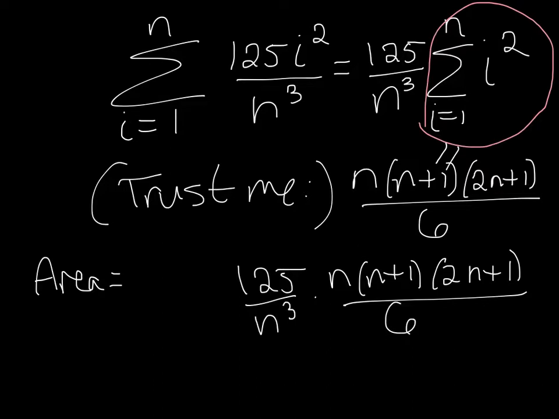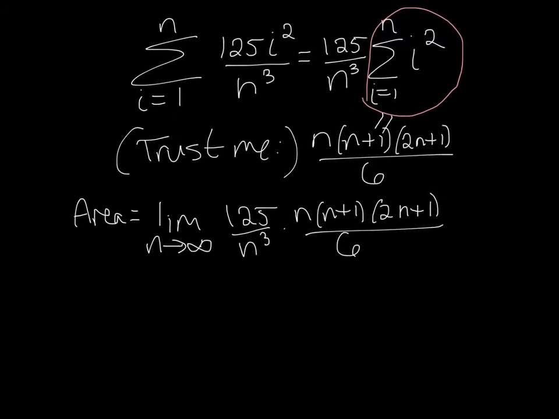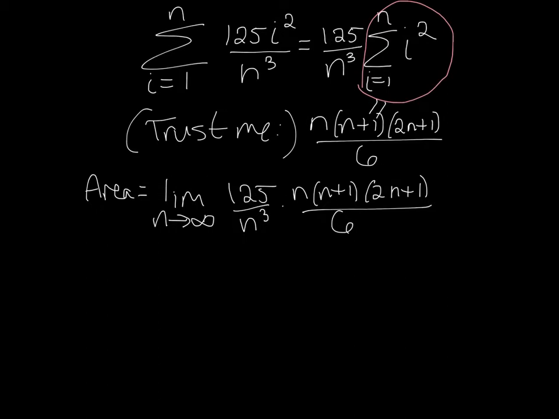That's not really our area. That's our area when we have n rectangles. But we really want to have more and more and more rectangles. So we're going to take the limit as n goes to infinity. And now this works out quite nicely because